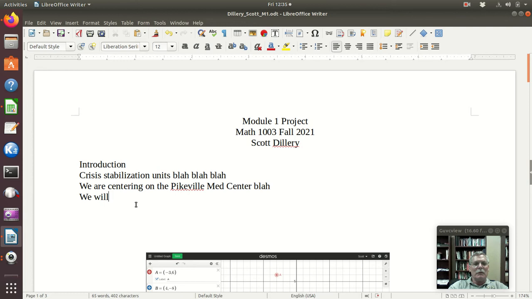We will check, oops, nice autocorrect. Got to watch that sometimes though. We will check 10 locations: Clevenger's Branch, Zebulon, blah, you know, so forth.